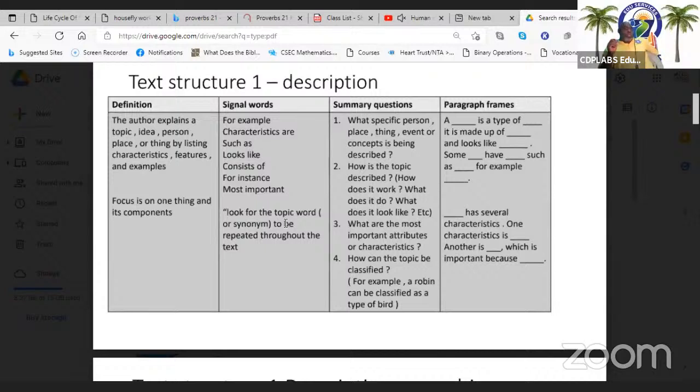Now, there are some things. They say the author explains a topic, idea, person or thing by listing characteristics. So in biology, you're looking for the characteristics, features, and even examples are used as description. So even when you're doing the exam and they ask you to describe something, use an example, because the pictures itself